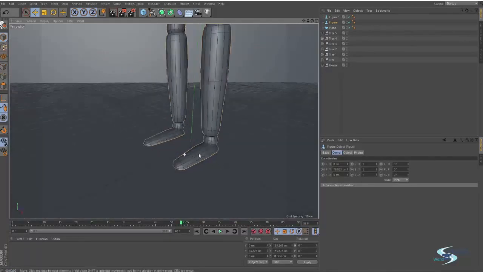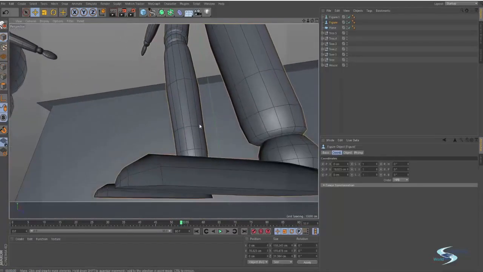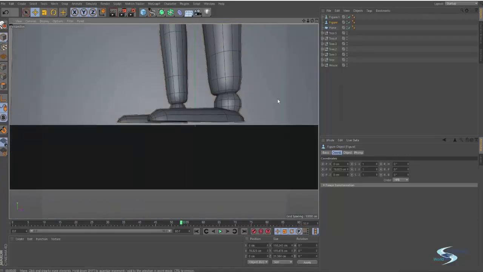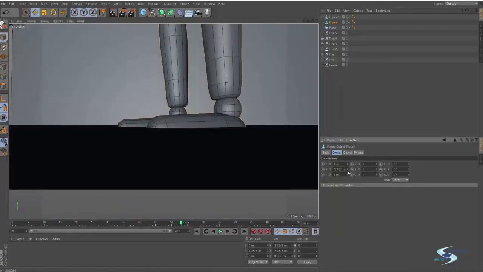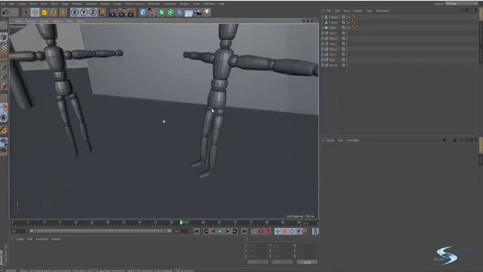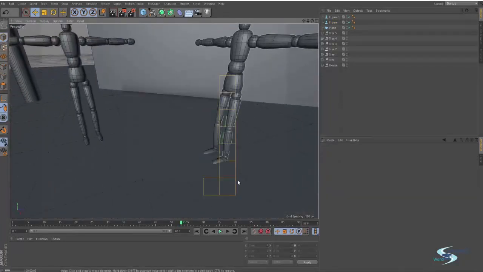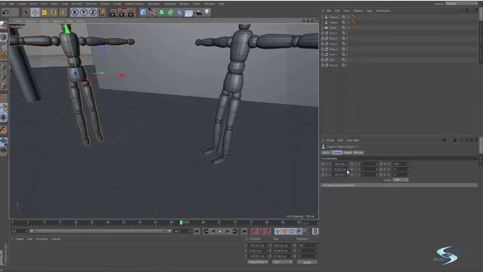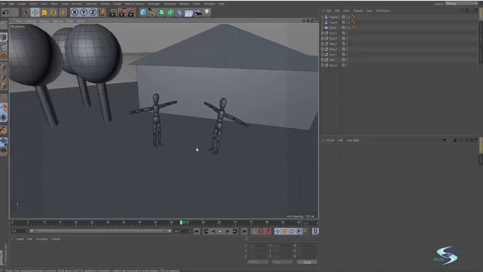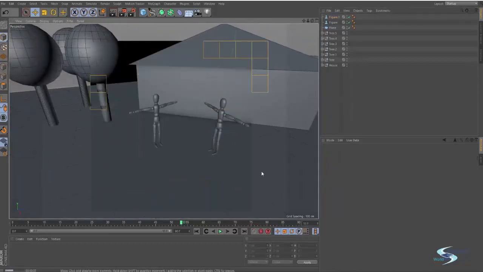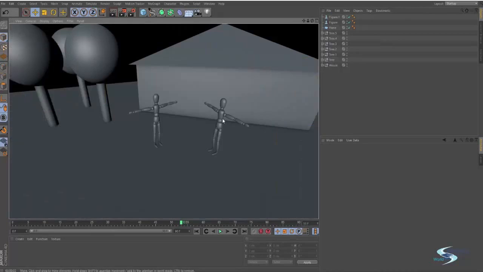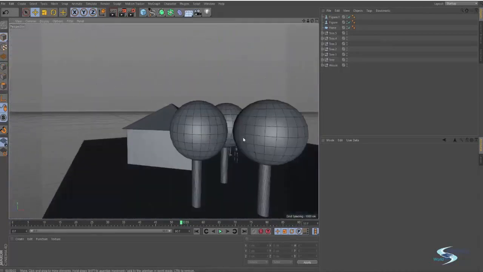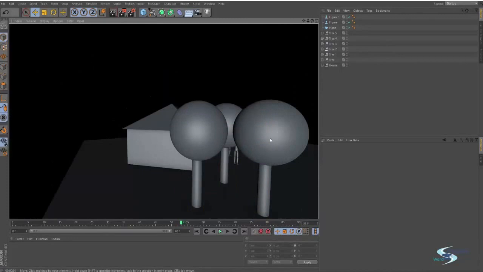So right now we can actually see that this man is floating in the air. Let's try and correct that. Let's just do it like this. See, now his shadows look a bit different than this guy's, because he's still floating in the air. Just move him down. And there we go. So we have now added ambient occlusion, but that doesn't change the fact that all our